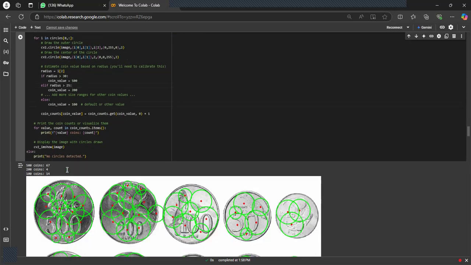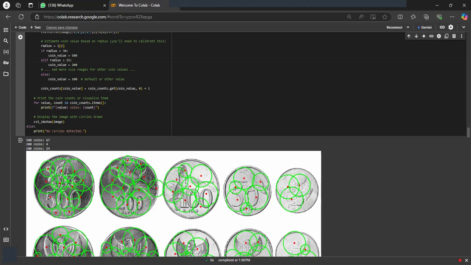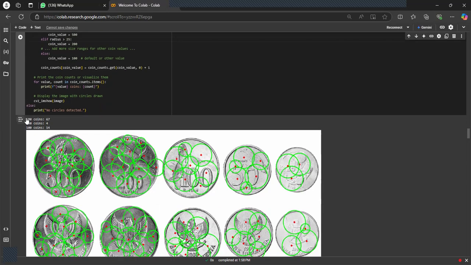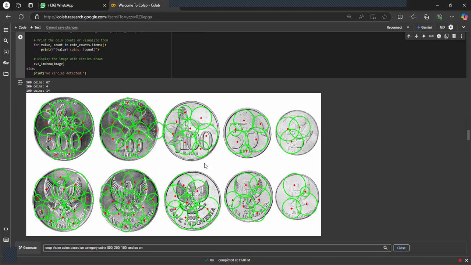From this, we could analyze from computer vision that the 500 coin has a radius of 66, the 200 coin is 4, and the 100 coin is 40. But this is not actually true because this number is just the circle in this coin itself, not from the diameter.